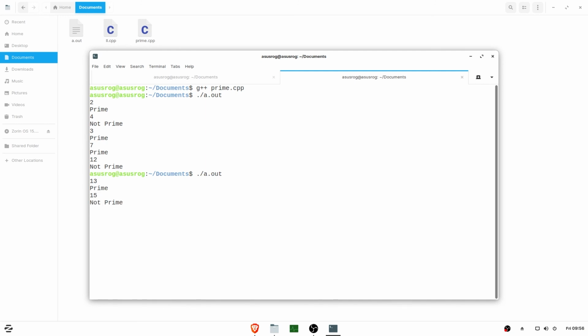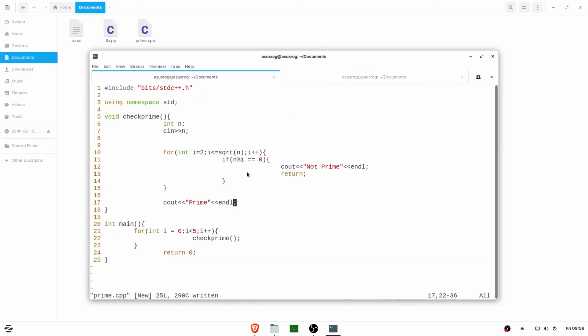And let us take some non-prime numbers as well. 15 not prime. Let me take some odd numbers like 27 not prime, right. What other numbers can we take? Let me take some random numbers. 87 not prime, 21 not prime, right. So this logic is fine, and it should work for any test case as long as this is correct, and we have already studied why this square root of n method is correct. So this is all about finding if a number is prime or not, or the primality test as we call it, in square root of n time, right.